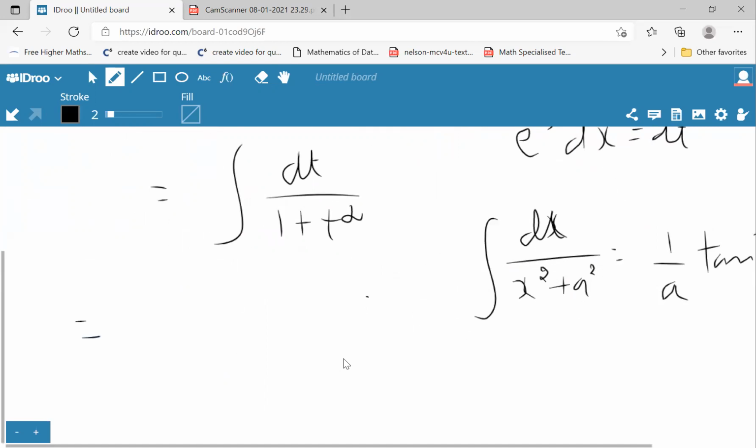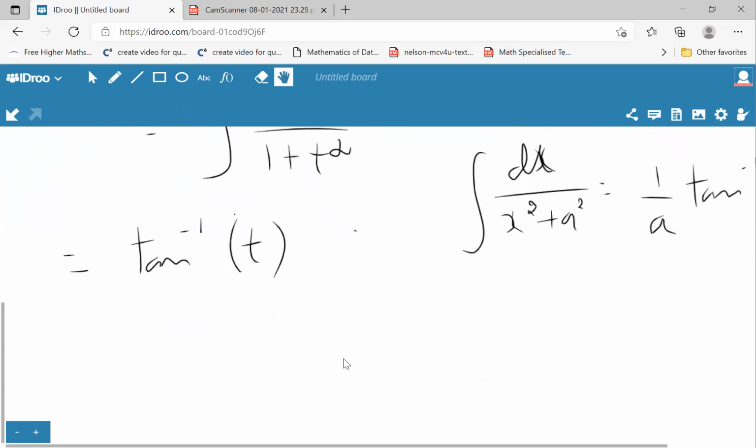Here in the place of a we have 1. So it is tan inverse of t, and substituting back for t, we took t as e to the power of x. So that gives you tan inverse